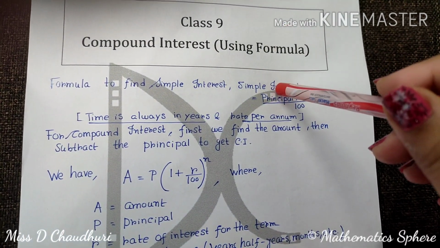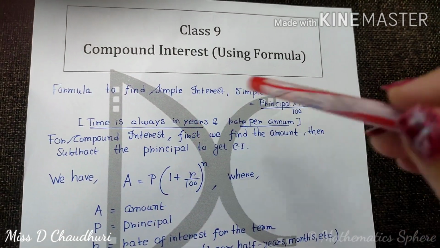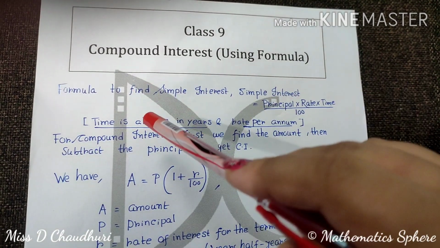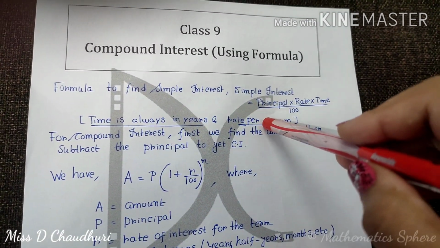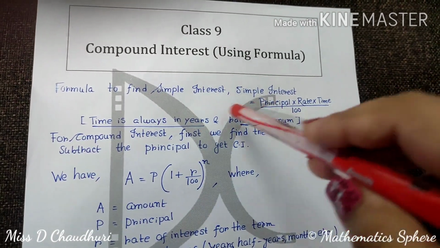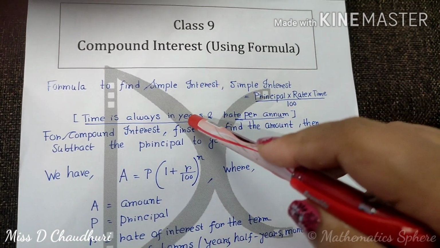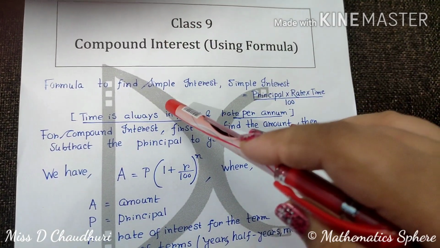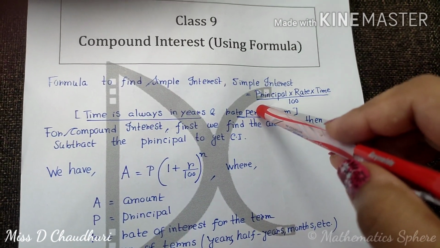So this we do in the case of simple interest. Okay, there is no hard and fast rule that you will have to take the time in years and per annum only. If you take the time in months, then you take the rate per month. In this way these two should have the same unit. Means here year, then here also year, here month, here also month. Okay, this was for simple interest.